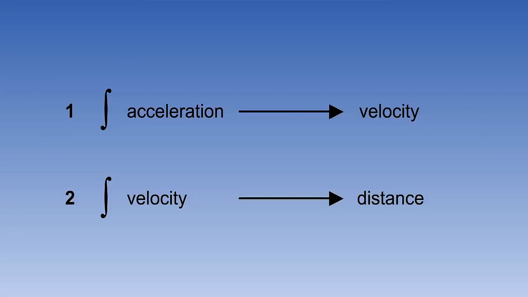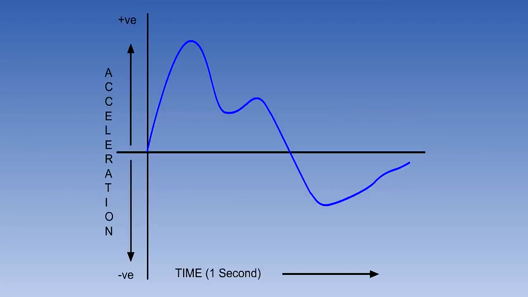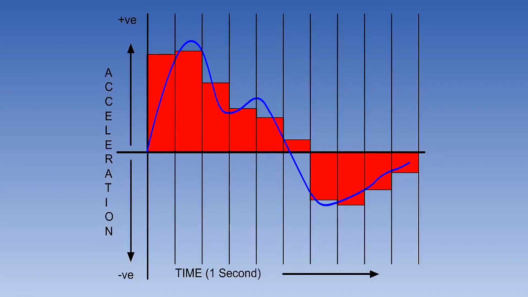Integrators convert a rate of change over a period of time into total amount of change over that time. If the input is acceleration, which is a rate of change of velocity, then the output is change of velocity. If the input is velocity, which is a rate of change of position, then the output will be change of position, which is another way of saying distance gone.